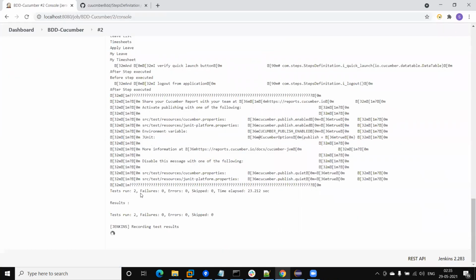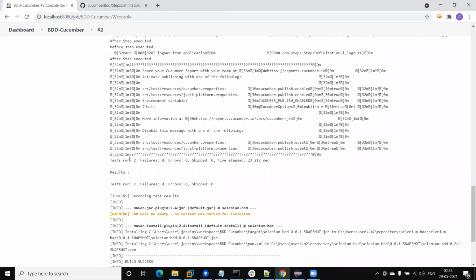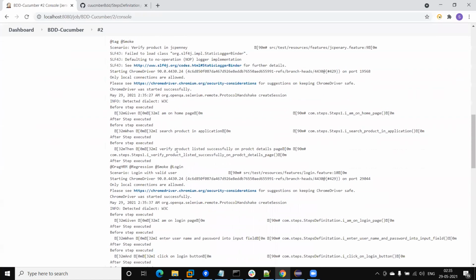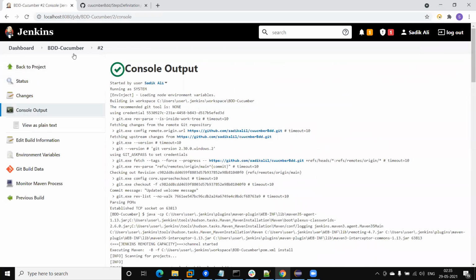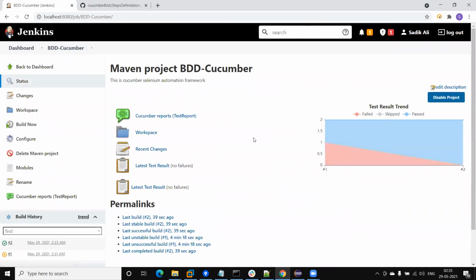Okay, log out, and now both tests have passed successfully. Now let me move on to the report, and I will show you what the reports look like. Now you can see here the trend report. So earlier in the test, there were 2 tests. One passed, one failed. So we are getting here the second result, the build where both tests are running.